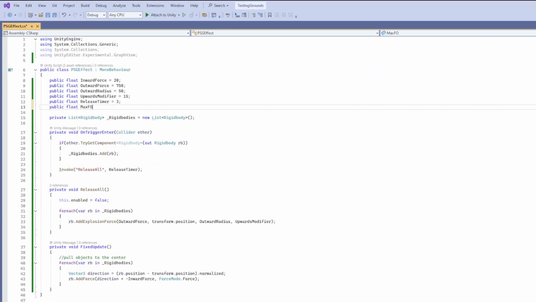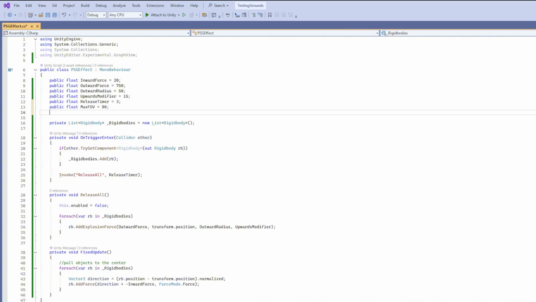To create the camera effect, we need to modify the field of view at runtime. Once the gravity effect has been completed, the camera's field of view reverts back to normal. We'll need to store the default field of view value and create a public value to store the field of view that the camera will animate to.